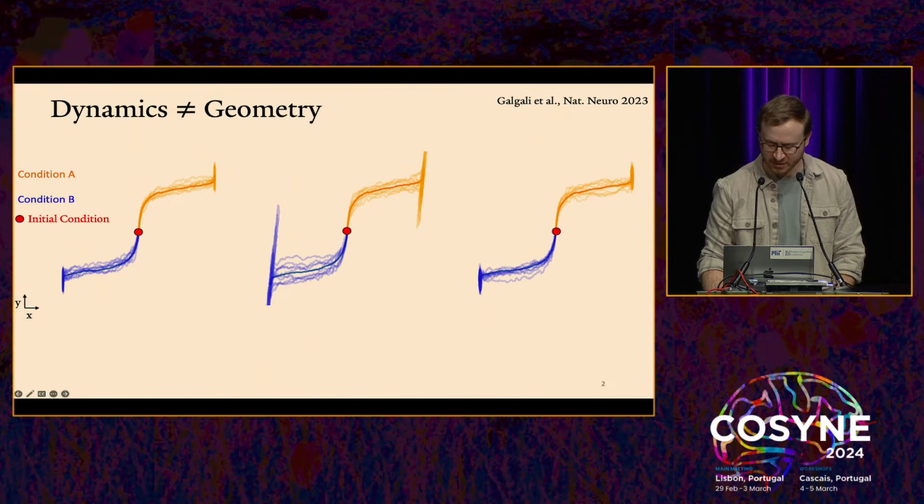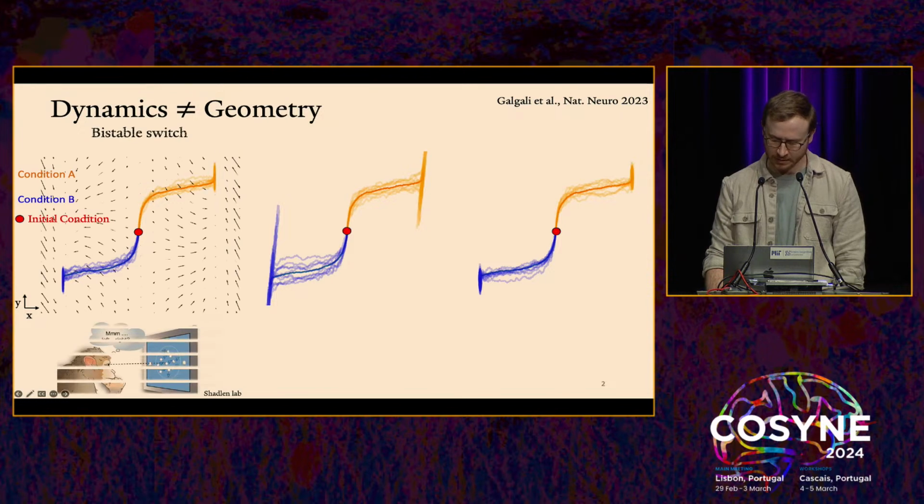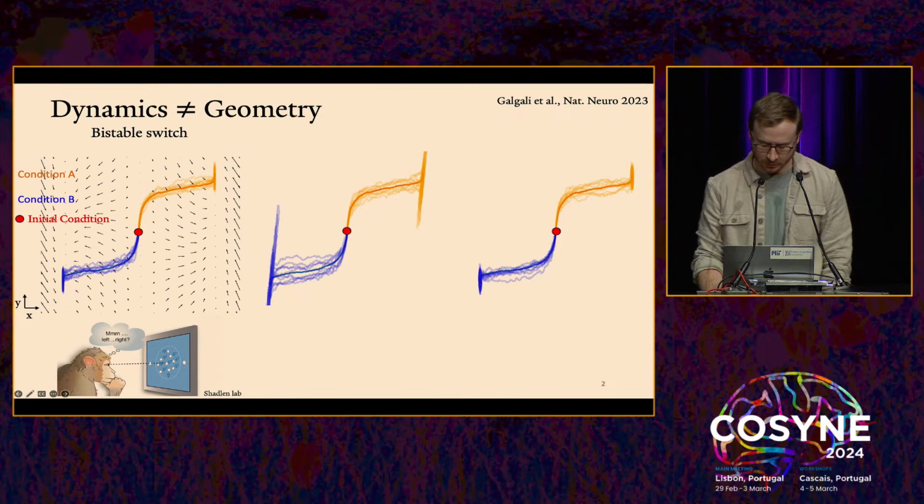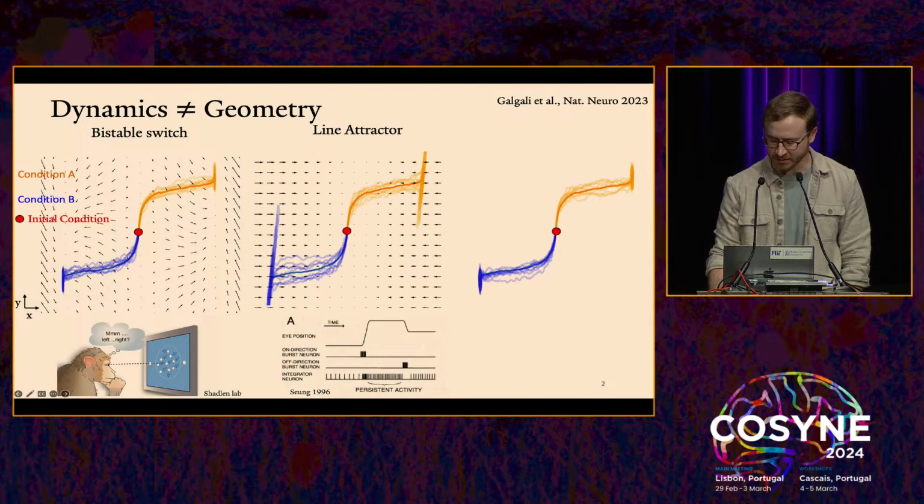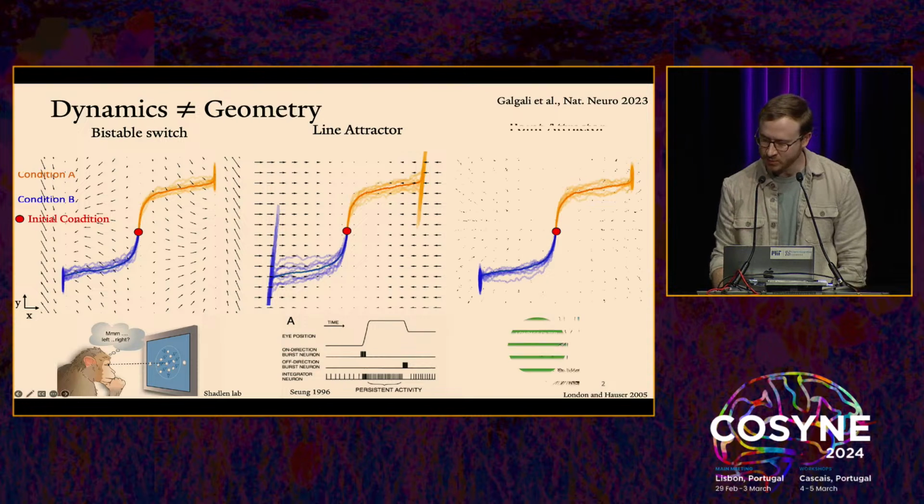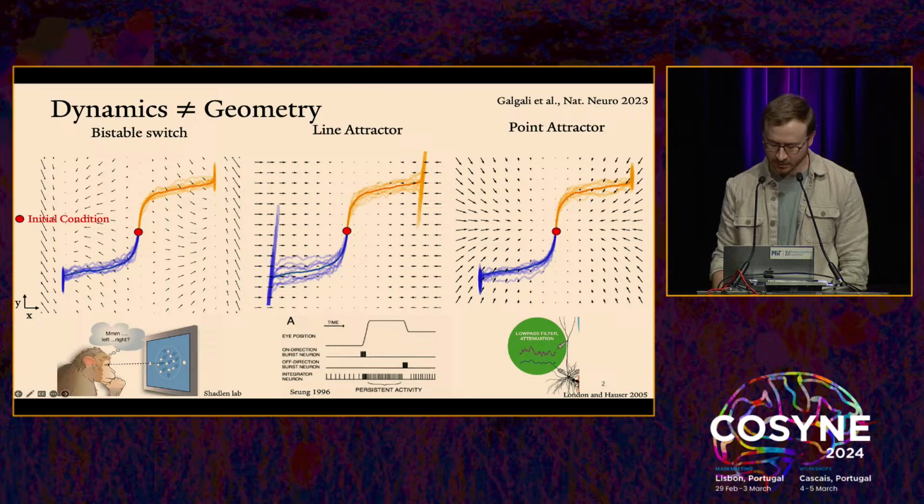So maybe it would be reasonable to say that they're doing the same thing. But in fact, they have totally different intrinsic dynamics that can only be identified via their noise perturbations. The first one is a bistable switch, which can be used to model perceptual decision-making. The second is a line attractor, which can be used to model how the brain tracks eye position. And finally, the last one is a point attractor that can be used in stimulus filtering or to model associative